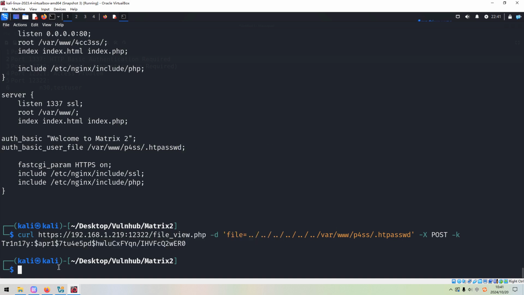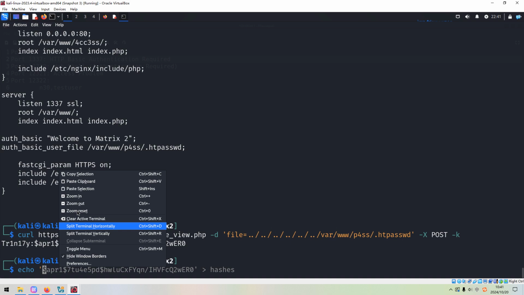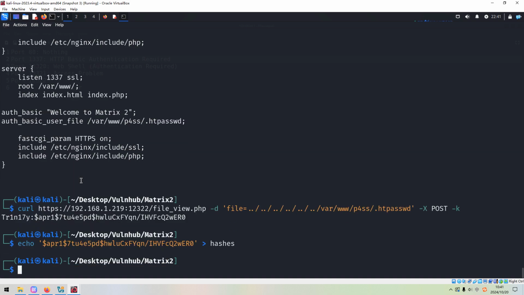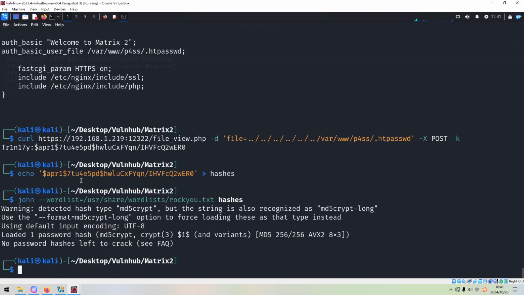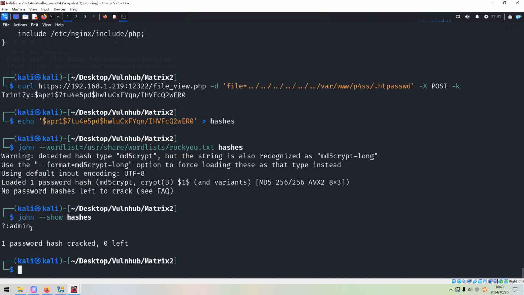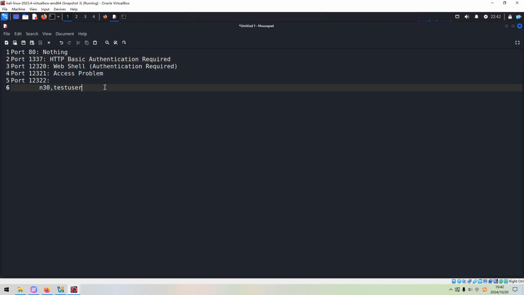We can use John the Ripper to crack it. I've already done that before, so we can use the show option to display the clear text password: a very simple password, admin. So I think we can use this credential to log in. We can put it over here.